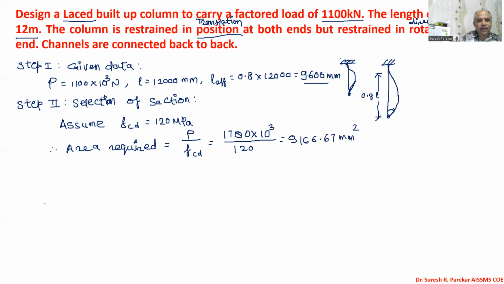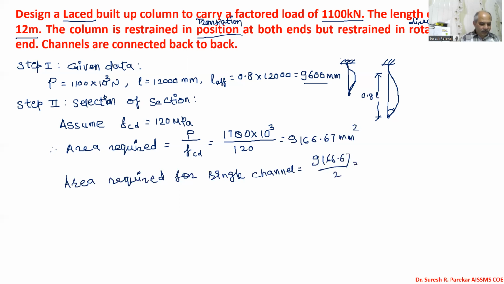Now area required for single channel is equal to 9166.67 divided by 2, and then we have this value 4583.33 mm square. So we will select